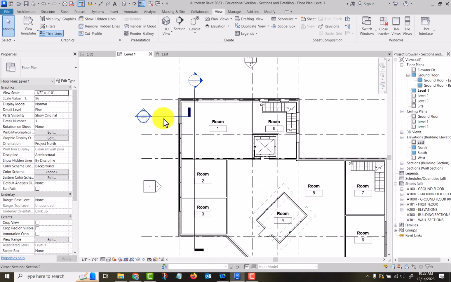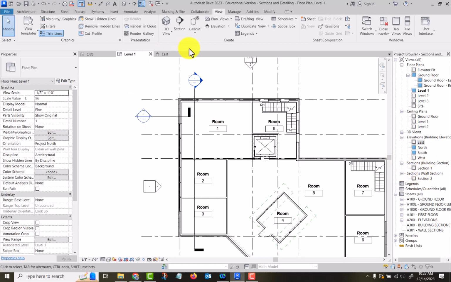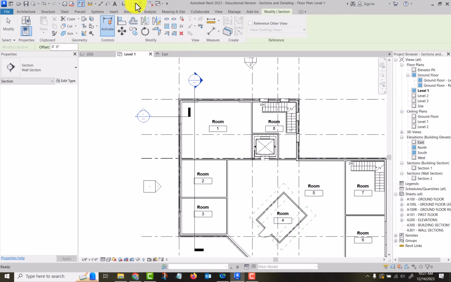If we want a wall section of just one particular wall, and we did this previously in some of the other videos, we want to use the wall section tool. If we want a full building section, we'll use the full building section because it organizes them in your browser differently. Now the third one, and we haven't looked at that one yet,